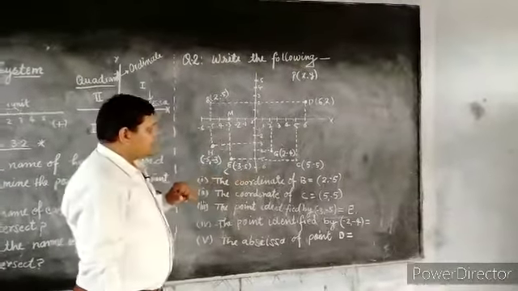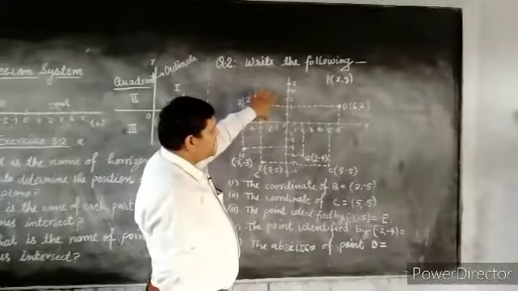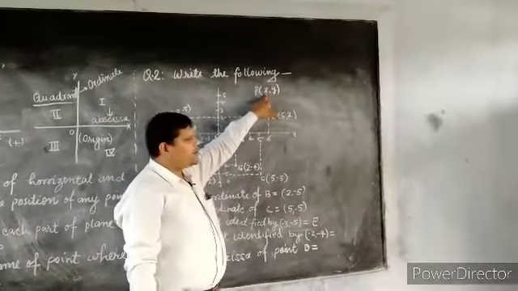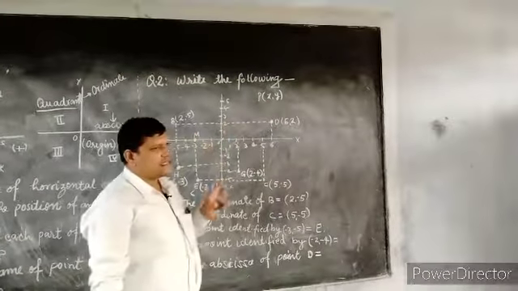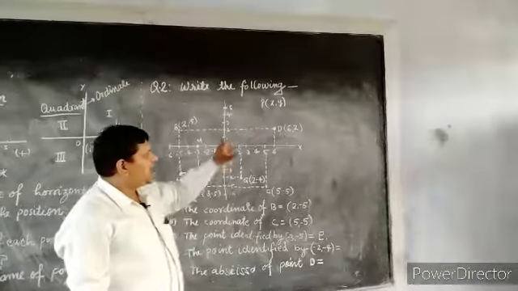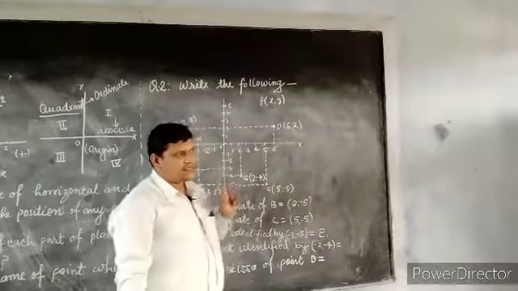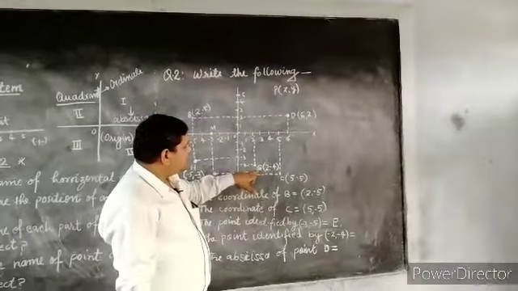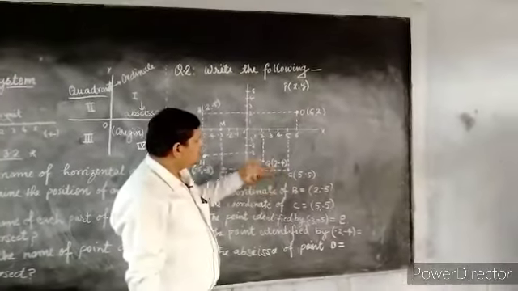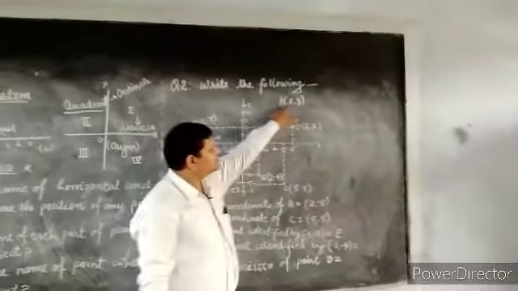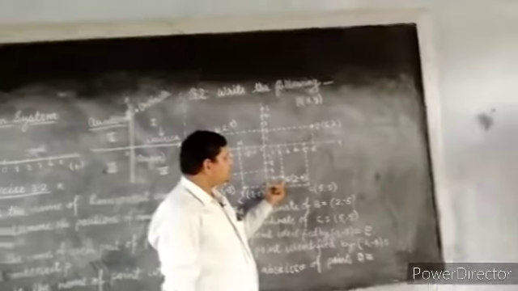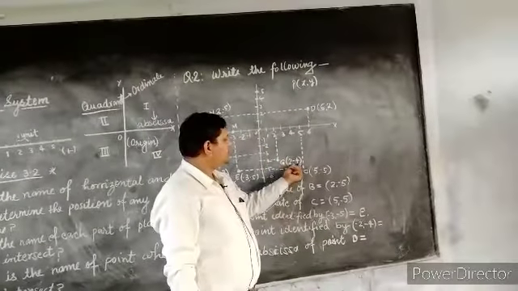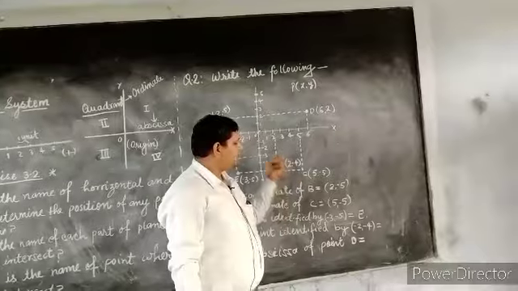One more thing, if you have not understood how we find the coordinates, remember, suppose that this is a point P, then your x coordinate will be the distance of the point from the y-axis, and the y coordinate will be the distance from the x-axis. Here you are looking at point G. X is the distance from the y-axis, this is 2, and y is the distance from the x-axis, this is -4. So your coordinate is 2, -4.